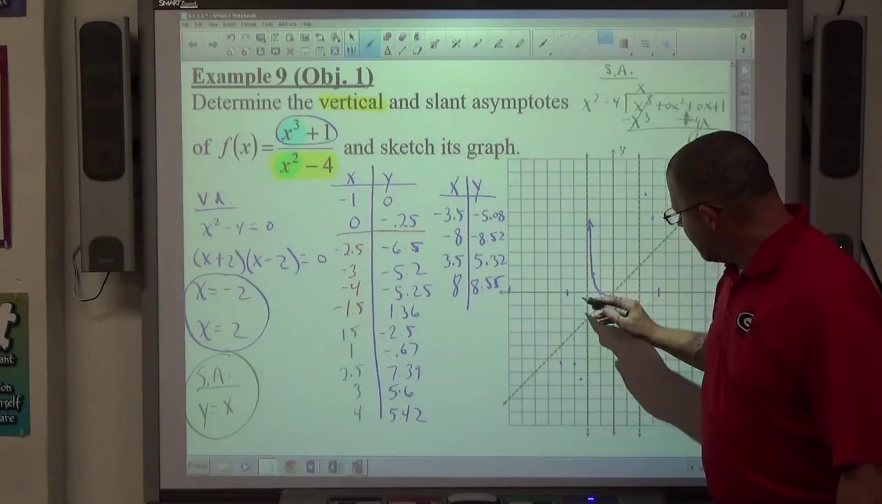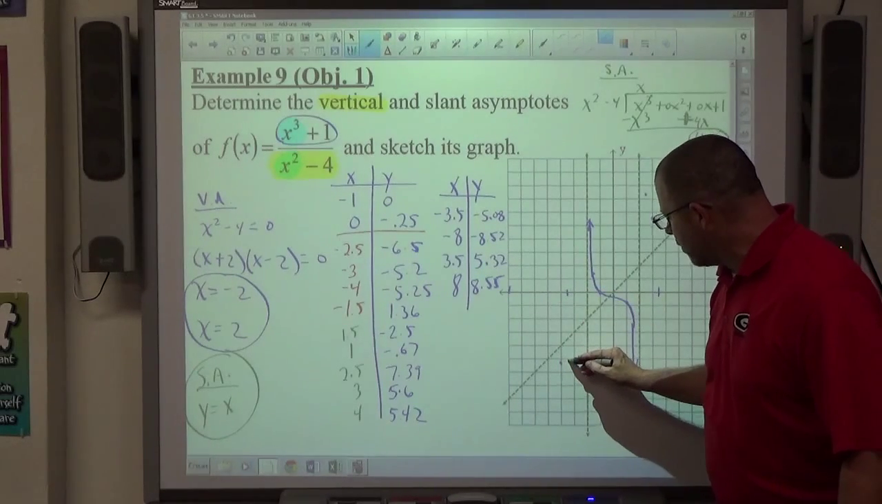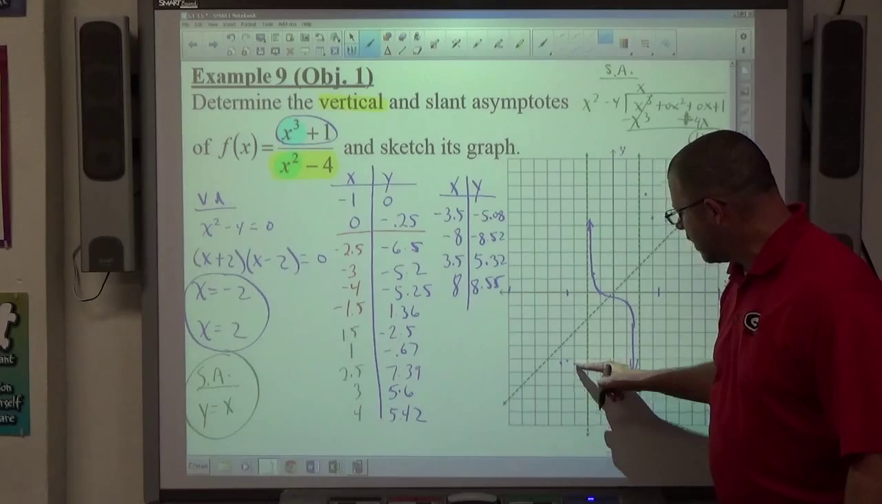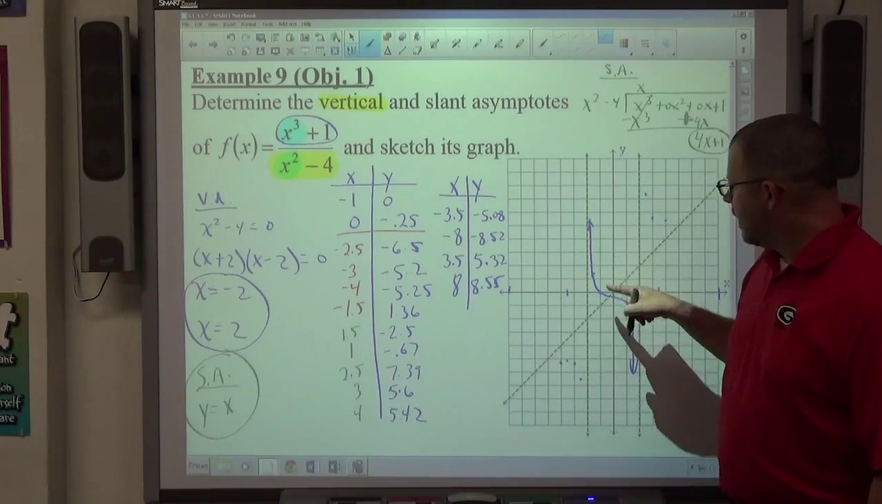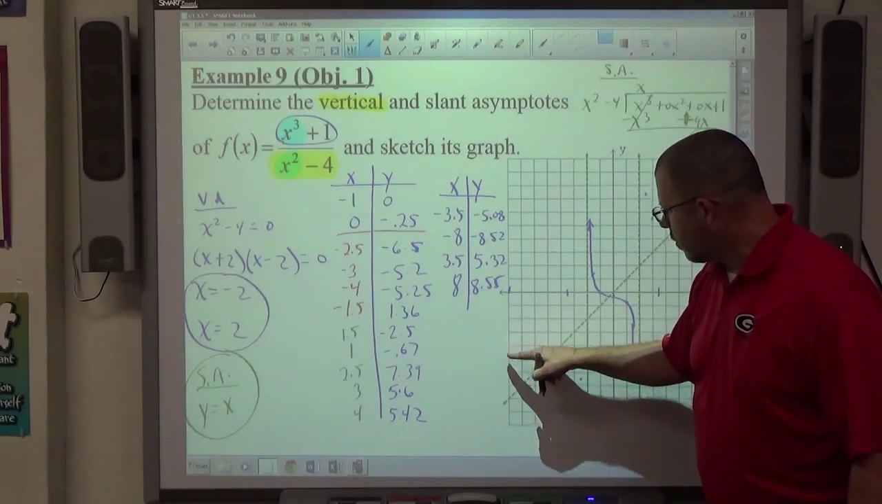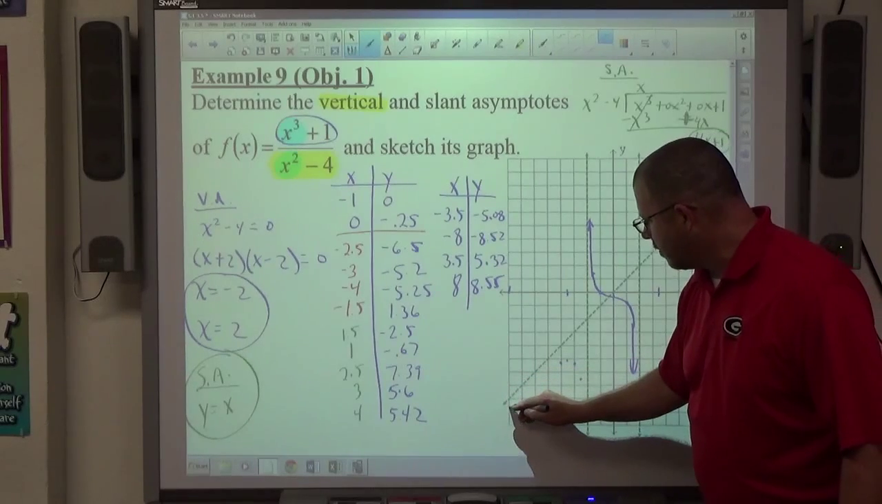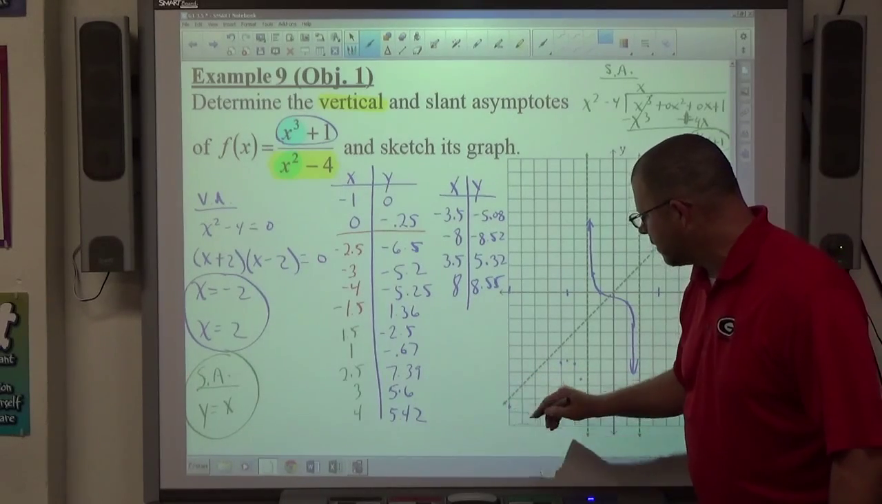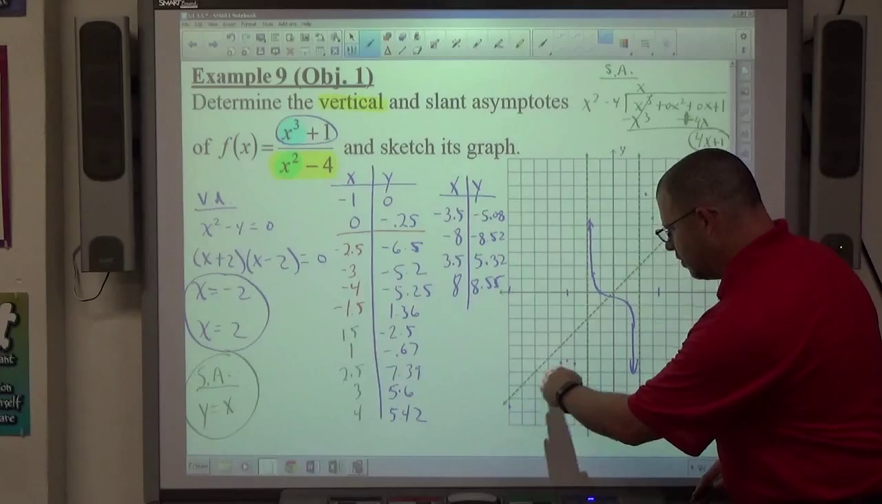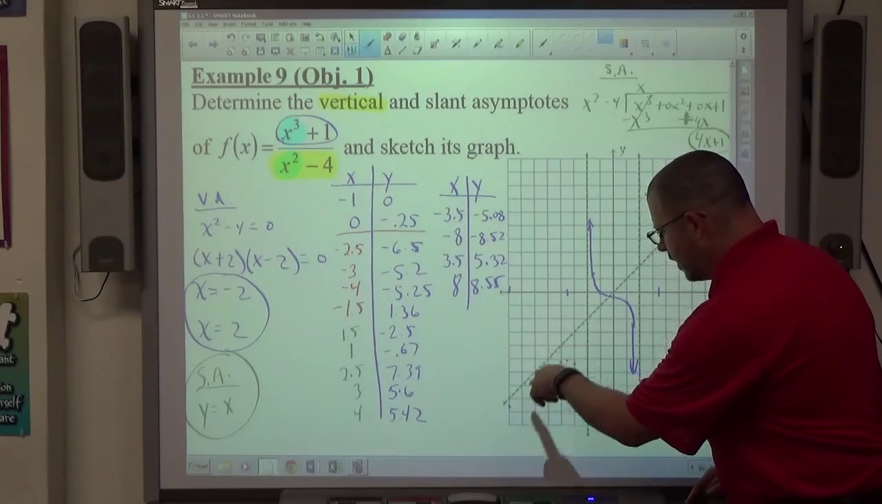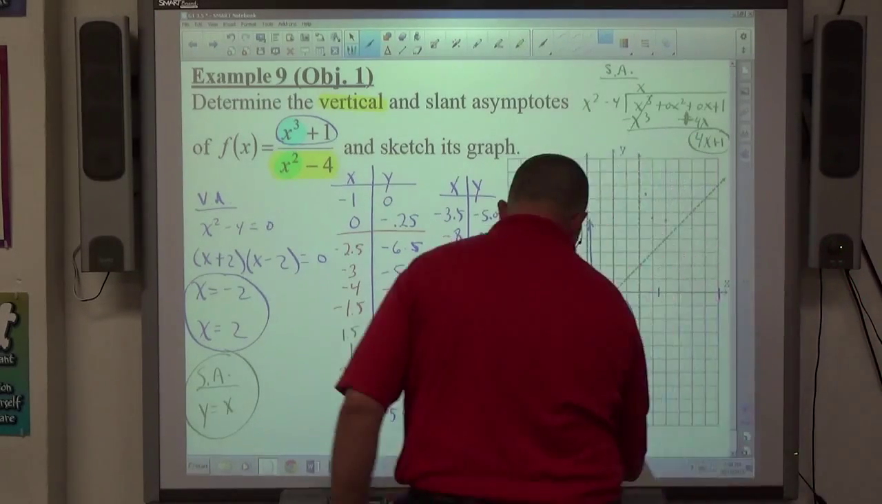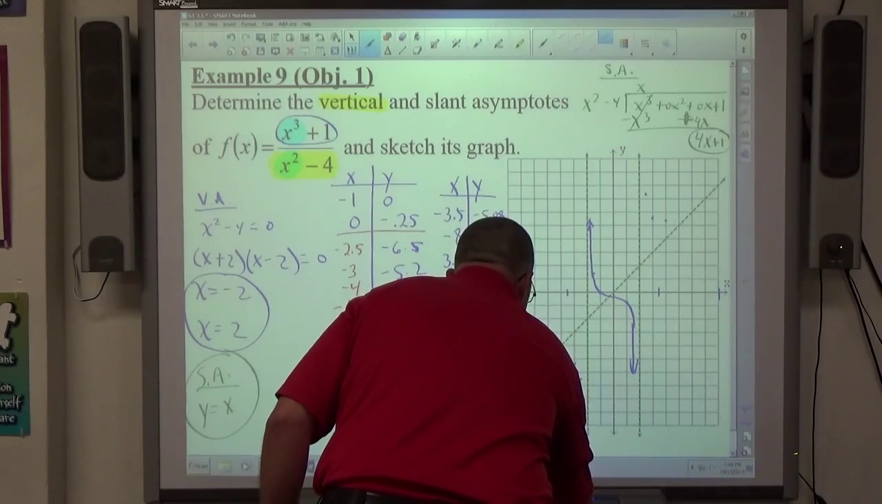Negative 3.5, negative 5.08, which is a little bit lower than negative 5, so it actually does hit a higher point there. Negative 8, 1, 2, 3, 4, 5, 6, 7, 8.52, just a little bit below halfway there. So it kind of shows me that it stays kind of close to the asymptote there, and then it kind of just comes around like so. So I know that part should kind of